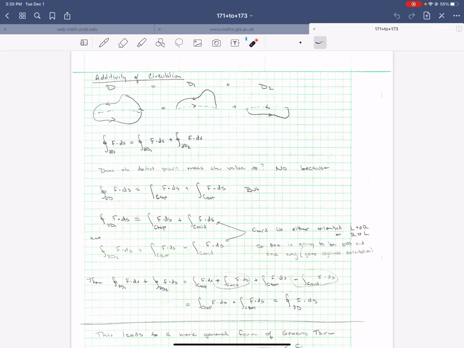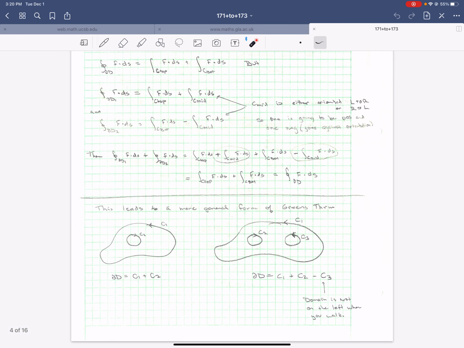And because it's the exact same vector field and the exact same curve, whatever we pick up there, positive, we will give exactly back there, negative. And so it offsets to be 0. And so the dotted line doesn't matter at all in there. And so written it out longer, you can see, and then we just cancel those off. And so that piece does, in fact, equal that. So you can surgically cut regions,